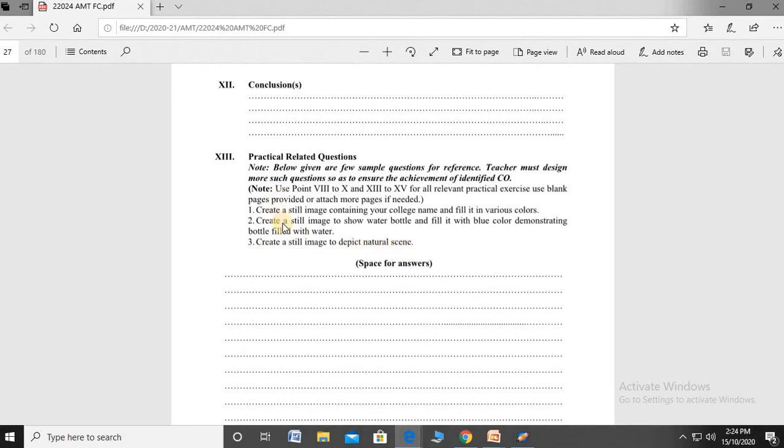In short, in the first question we draw your college name with a color. In the second question we create a still image that shows a water bottle filled with blue water. And the third question is to draw a natural scene image.